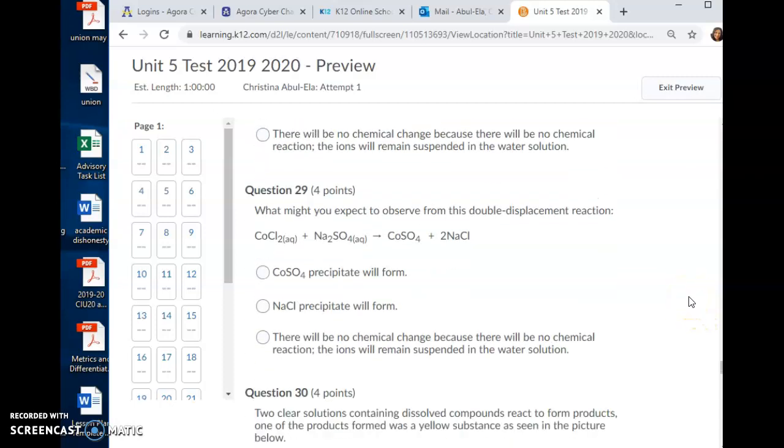Question 29. What might you expect to observe from this double displacement reaction? Cobalt-2 chloride plus sodium sulfate yields cobalt-2 sulfate plus sodium chloride. Cobalt-2 sulfate precipitate will